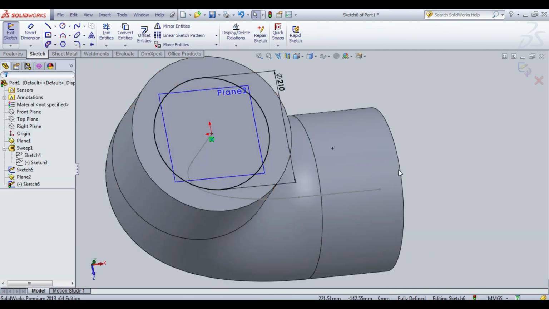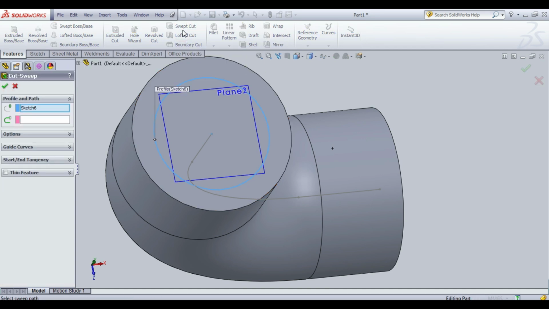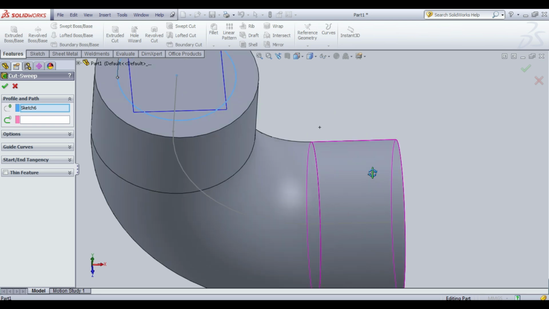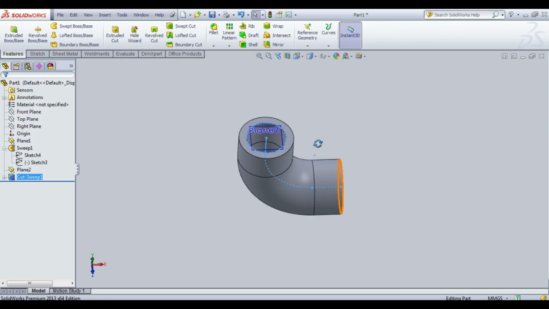After that, exit the sketch. Click on the swept cut. This is the profile. Path is in this line. Okay. So completed for the pipe.